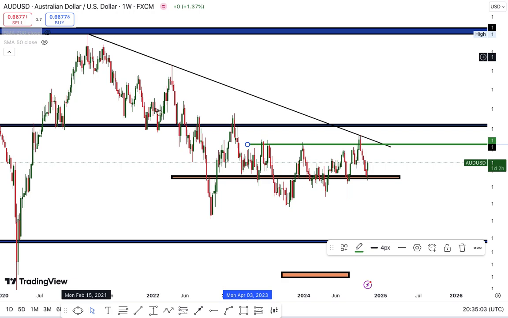You had the first one here, it didn't really do much. The second one actually sent it into lots of pips. Now this third one is experiencing some form of hurdle, because it just dropped out of the sky straight into a demand level. So this level held it back. Do you understand?